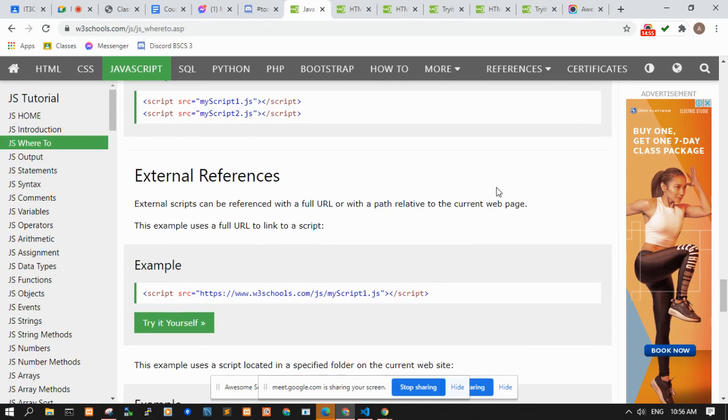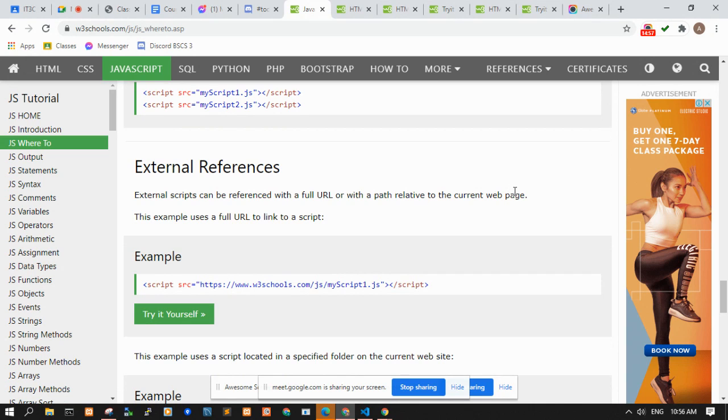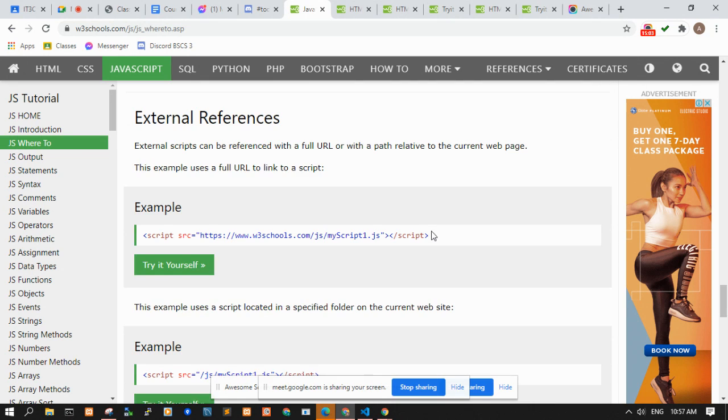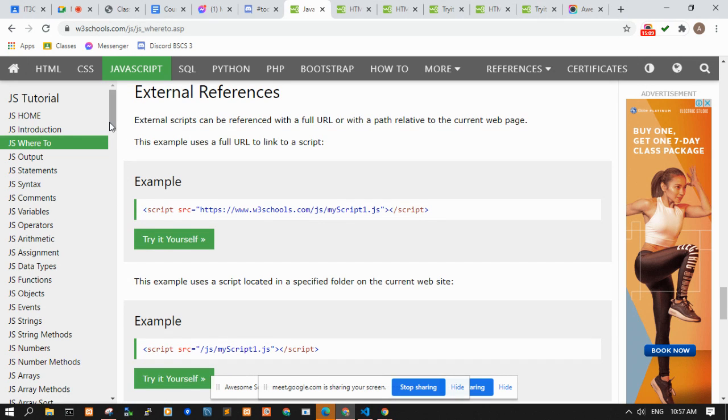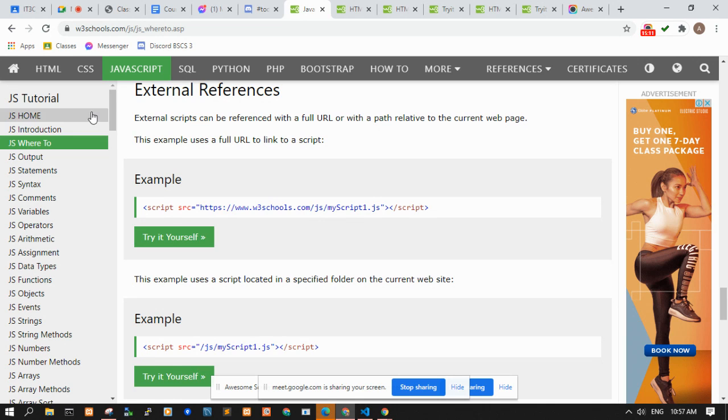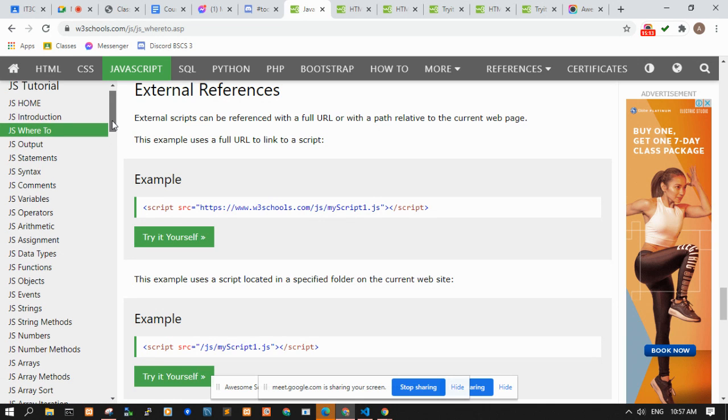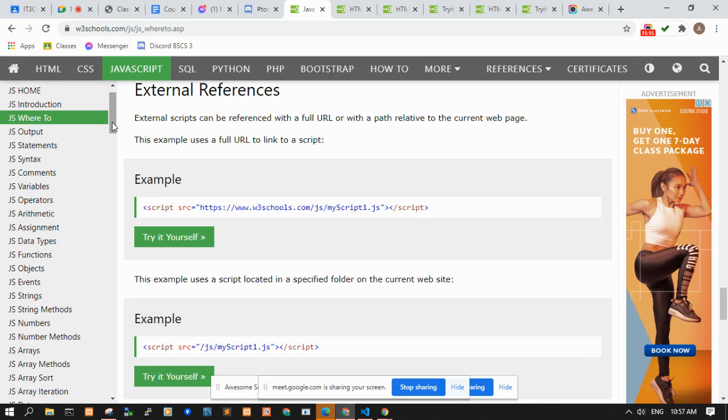Or you may have a script for loading maps, but you don't have a map in your web page, then you don't have to include them. Okay? Because it adds to the footprint, to the base size of your web page.